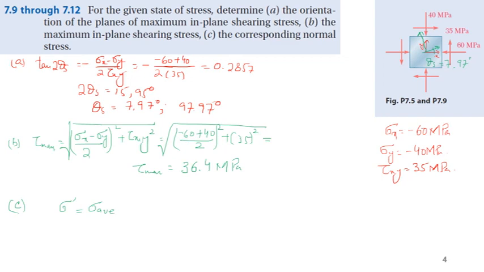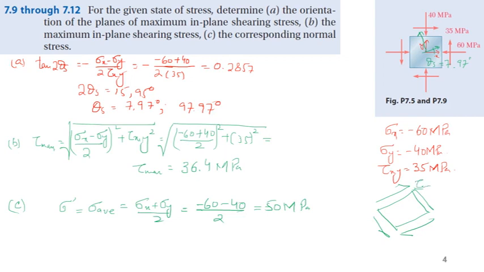Sigma average, that is sigma x plus sigma y divided by 2, which is minus 60 minus 40 divided by 2, so that will become minus 50 megapascal, but negative means compressive. Means if I draw the element, that will be if I rotate it by 7.9 degrees, so we have maximum shearing stress, tau max,